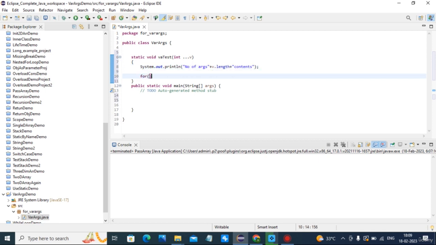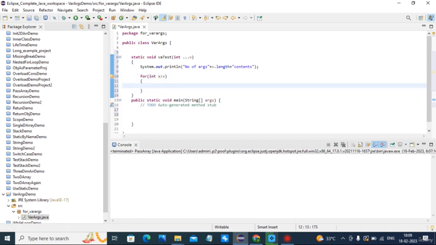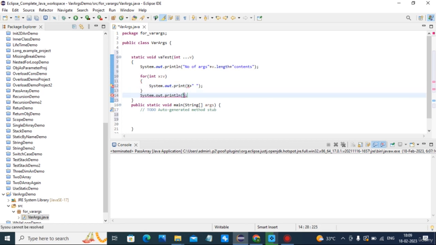For int x colon v, I print system dot out dot print x plus space, and then system dot out dot println.